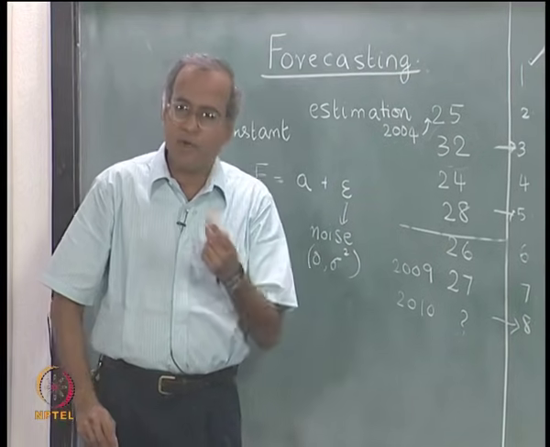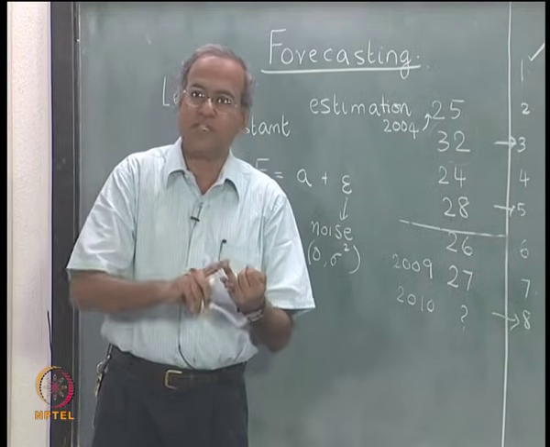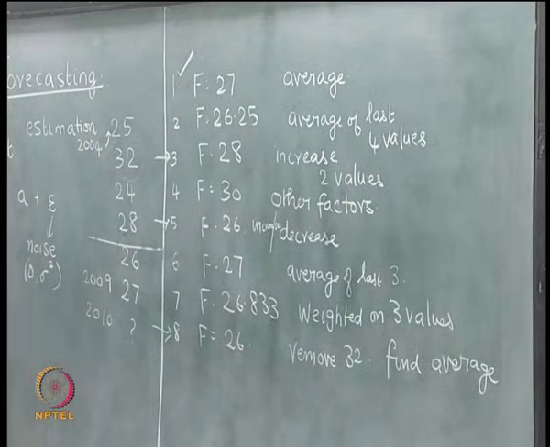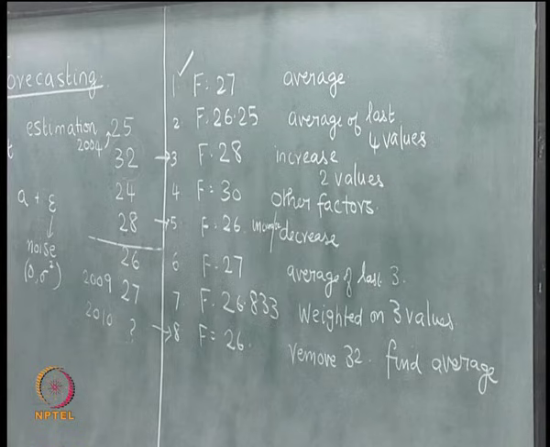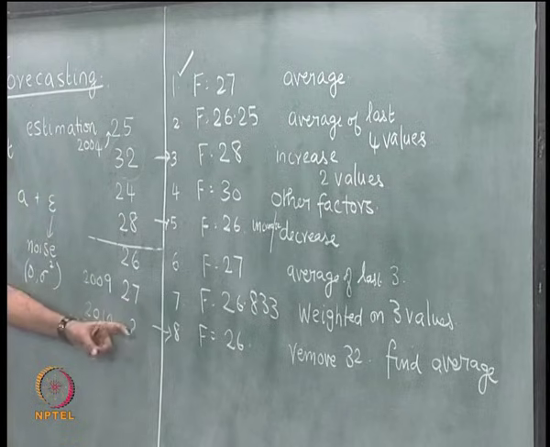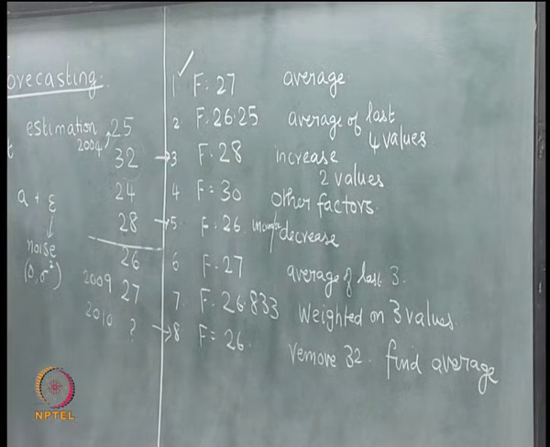So, under these two important assumptions, that if we consider all the data points and then we give equal weightage to all the data points, we get the simple average to represent the forecast. If we make a decision based on the simple average, we would say that the forecast for 2010 is 27. It also means that the forecast for 2011 right now is 27, because if we add a 27 and then take the average, we will get the same 27. So, the forecast made here for every period is the same, and that will be 27.